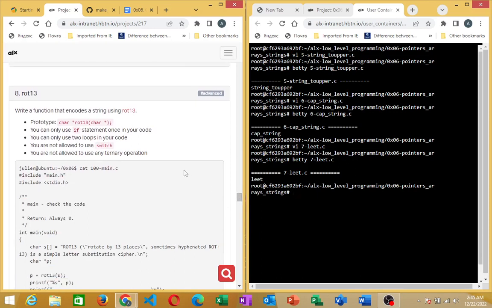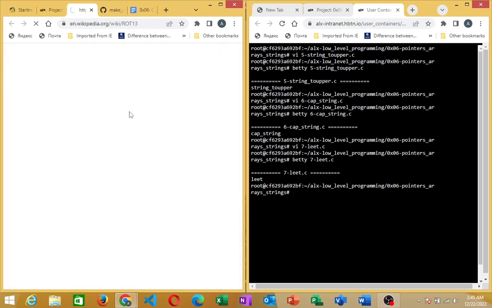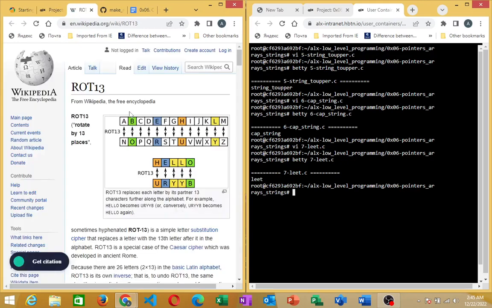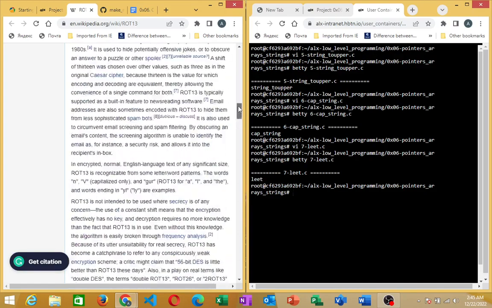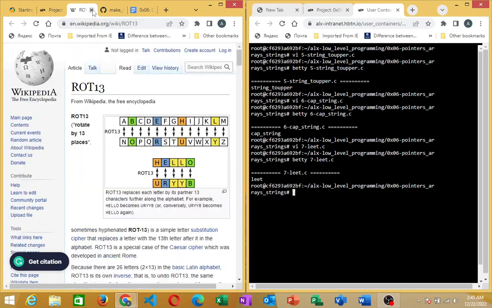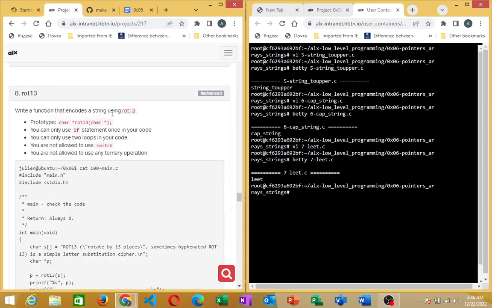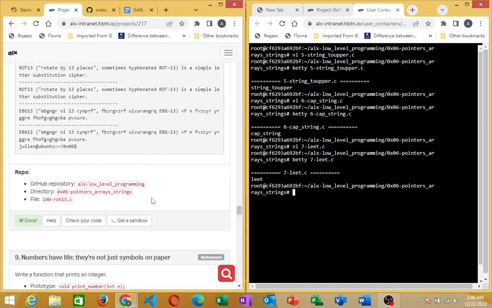Here they said write a function that encodes a string using this. Alright, this is a link and you can open that up. Read through the Wikipedia link to know more about what this function does, the function that encodes a string using this. Alright, so I'll just go ahead and copy this file name. Copy this, Ctrl C,